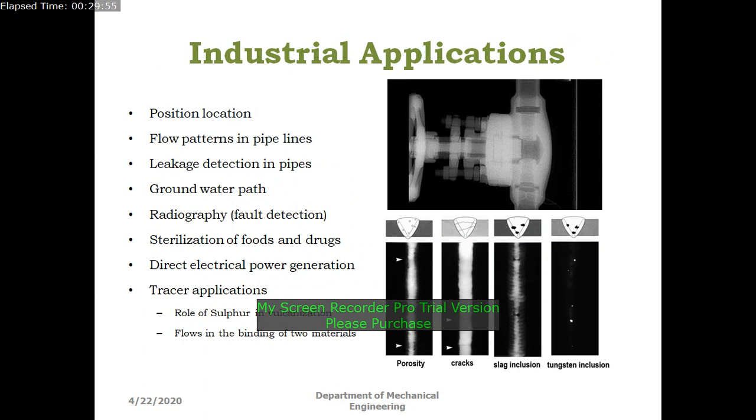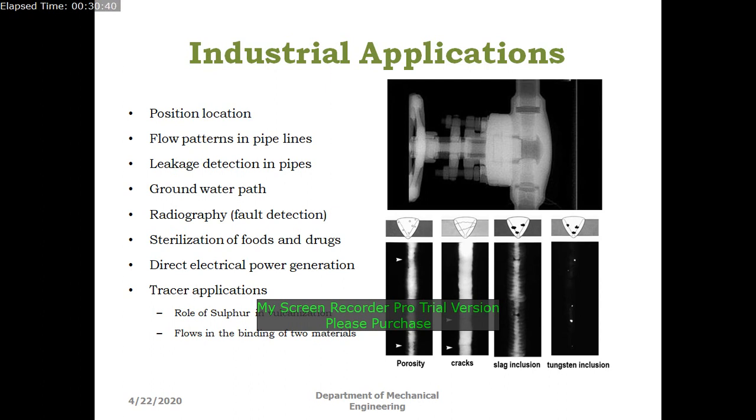Coming to the applications, here the radioactive material can be used for a wide variety of testings in the industries. The methods followed are radiography as well as others. Coming to the radiography, the X-rays or the gamma rays are produced from a radioactive material having a lesser half-life, and suitable measures are taken such that the radiation coming out is not affecting the operator and is not affecting the environment also. For that purpose, the testing will be done in a closed